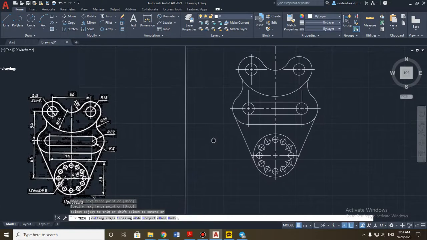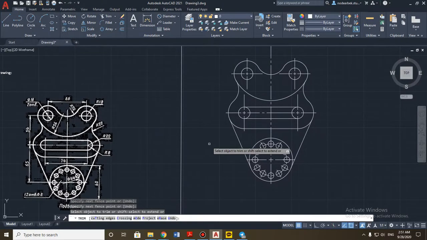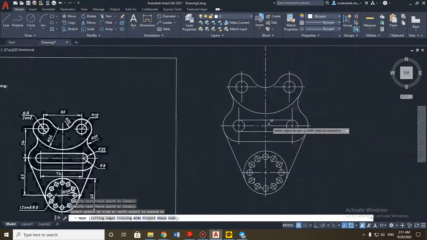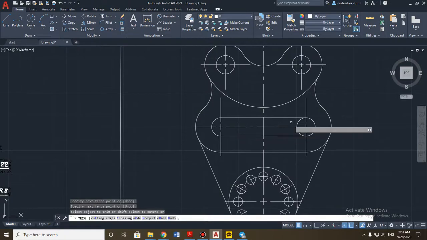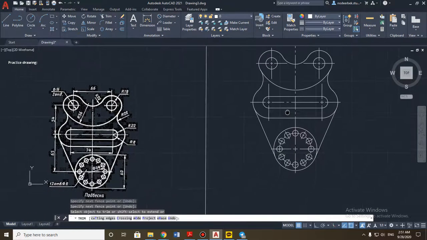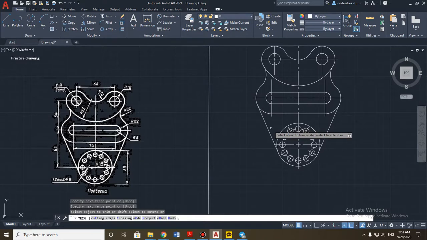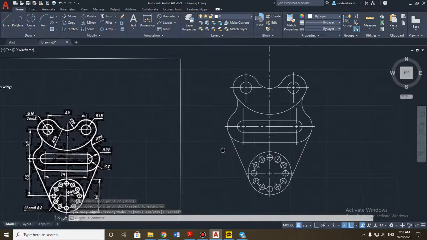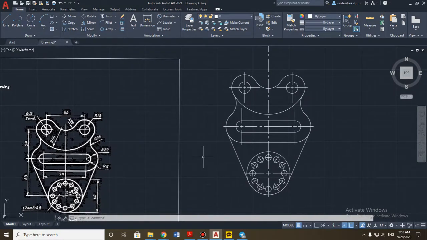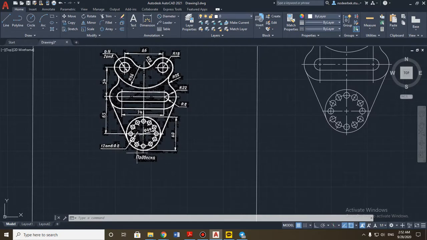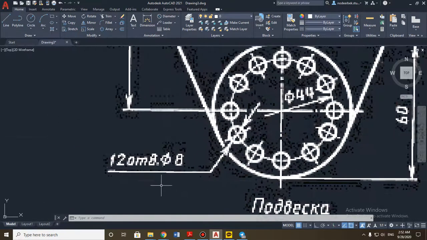Compare our sample with the drawing that we drew in this video lesson. As you can see, we need to trim this part also. I think there is no mistake. And then decoration, pointing, and putting dimensions are your task, I think. But here I wanted to say something. If you can see, here is the extra text